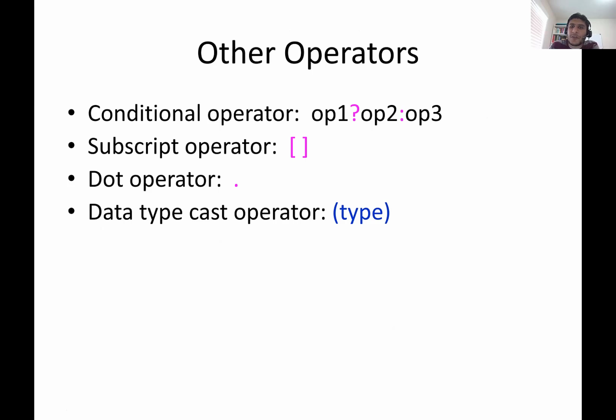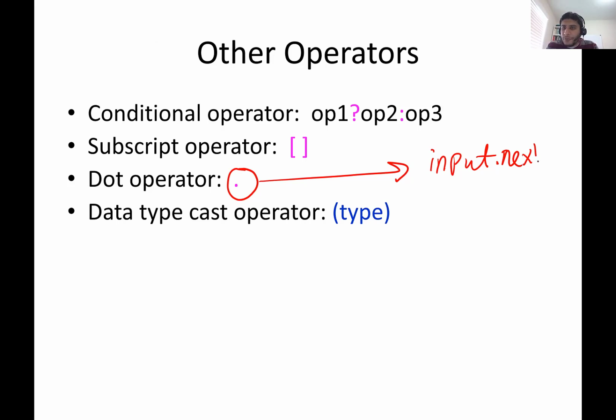Okay, so also we have the conditional operator, the same thing in C. I guess 95% of this lecture is just reiterating what we have done in the C syntax, right? So the subscript operator accesses elements of an array, similar to C. Here we have the dot operator, which we have seen in the C structure lecture, but we'll be using this a lot because to access the members of a class, remember we have done something like input dot